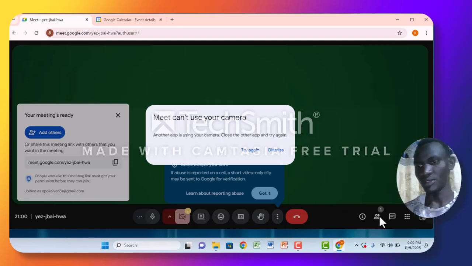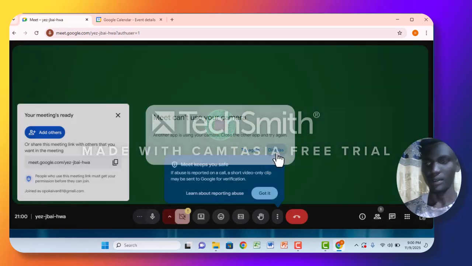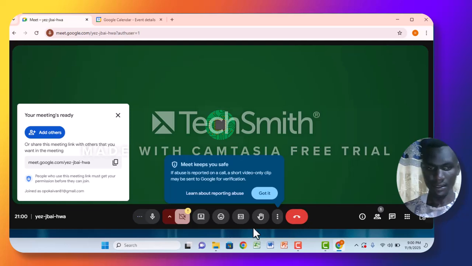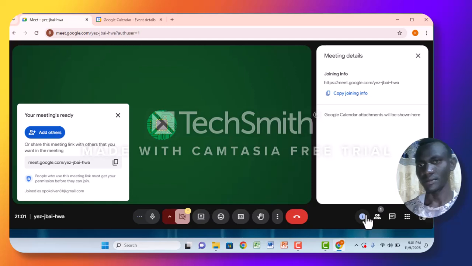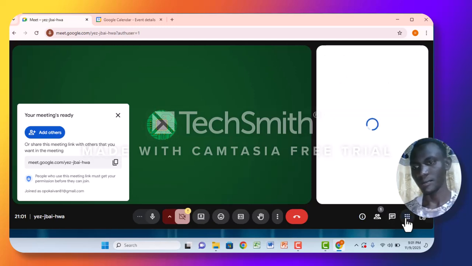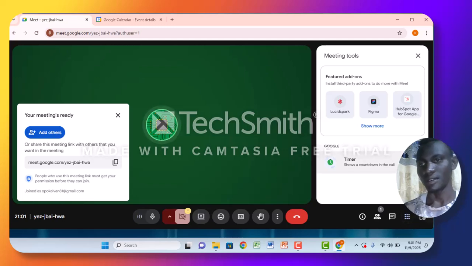And from here you'll be able to see how many people have joined your meeting. And you can also copy this link from here and share it with people for people to join your meeting. And here you'll be able to chat with everyone. And also there are other tools that you can use